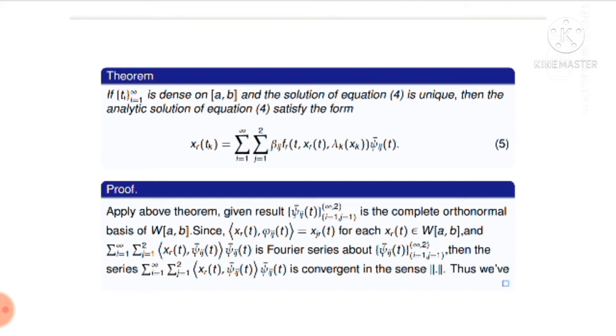is a Fourier series for ψ̄ij(t), i equal to 1 to infinity, j equal to 1 to 2. Then the series summation i equal to 1 to infinity, summation j equal to 1 to 2 of xr(t) ψ̄ij(t) ψ̄ij(t) is convergent in the sense of the dot product. Then we have